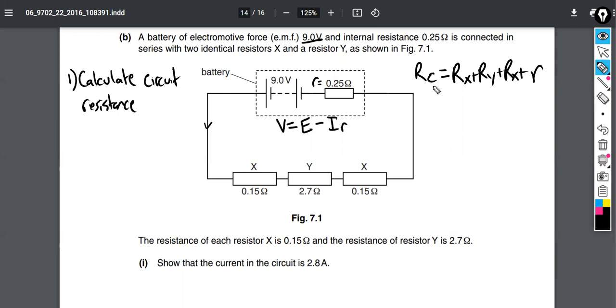Calculate the circuit resistance. Once you know the circuit resistance, you know how much this circuit resists the flow of charge, right? And the rate of flow of charge is I, the current. So in order to show that the current is a certain value, we're going to use my buddy George Ohm's law. Use Ohm's law. And so if we're solving for current, then it's I equals V over R, where this R is the combined circuit resistance. Remember, we can apply Ohm's law at different places in the circuit, but if we're calculating what's the total current coming out of the battery,